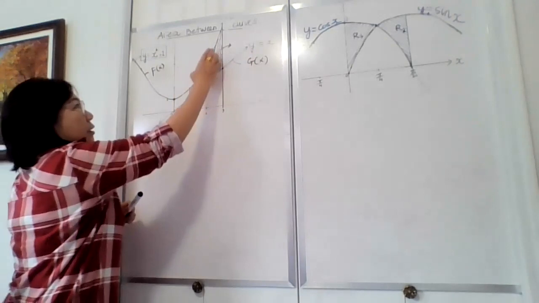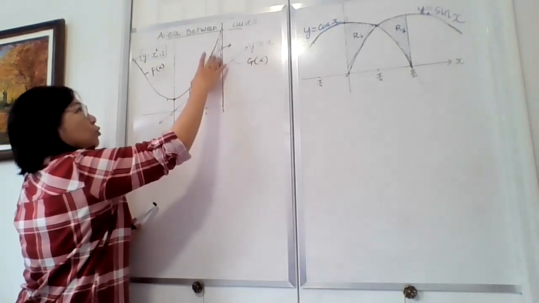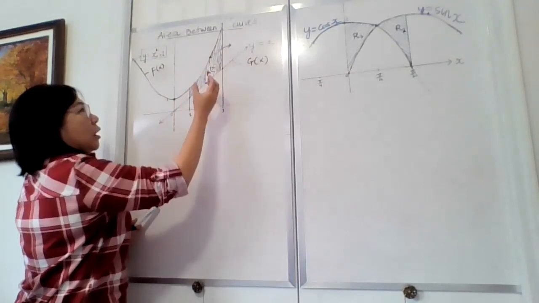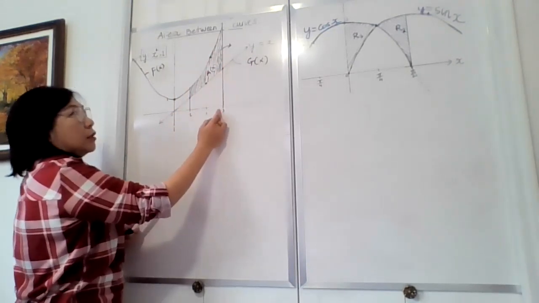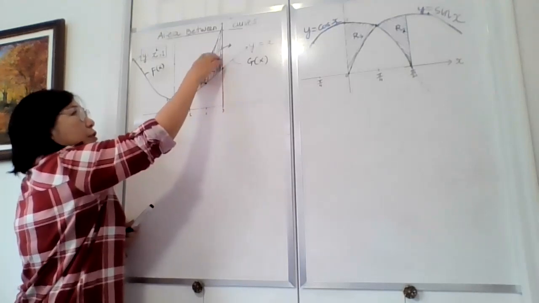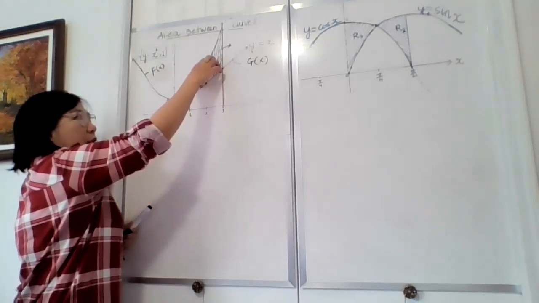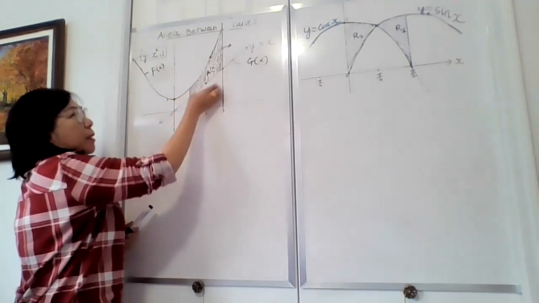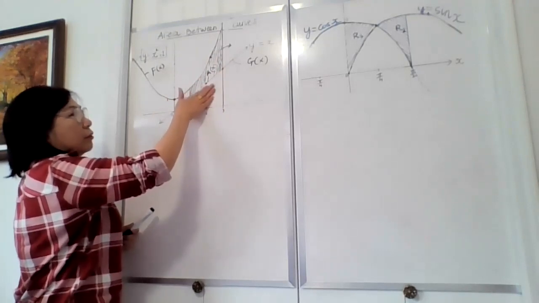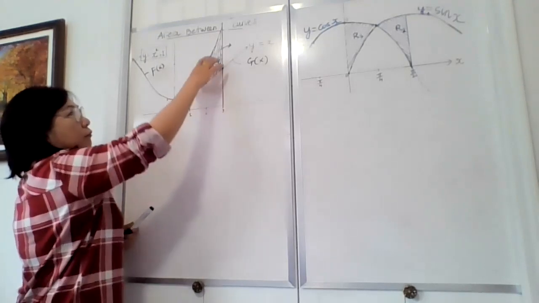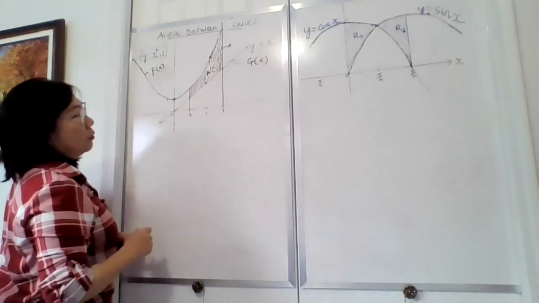To find the area, which is the shaded area here, between these two functions, we are going to integrate from 1 to 3. So the shaded region in between these curves here is the area we want to find. Ignore the blank area underneath here. We don't need to find this area, right? Our purpose is to find the area between these two curves. Now,